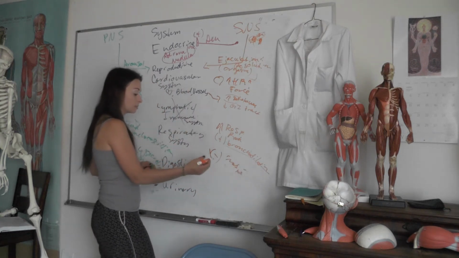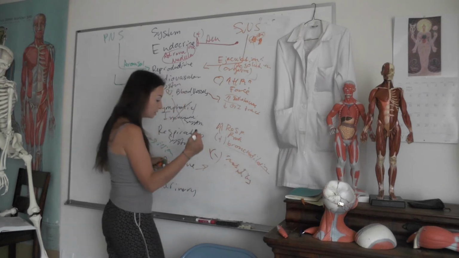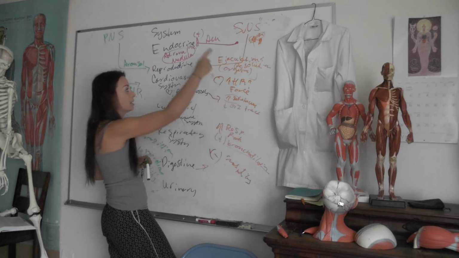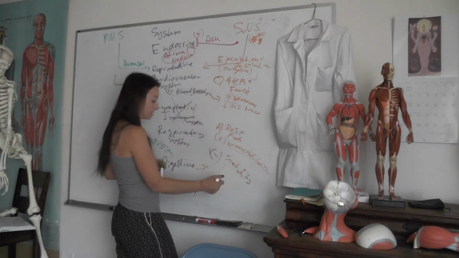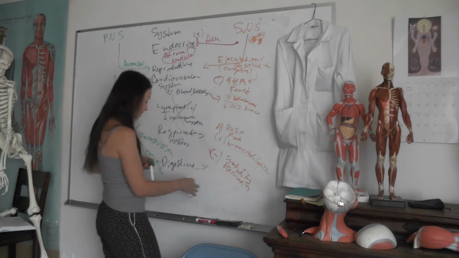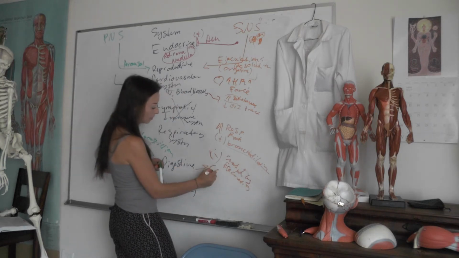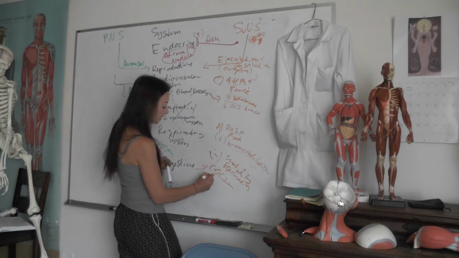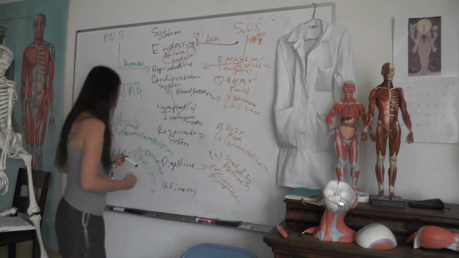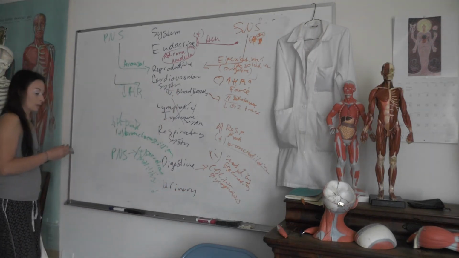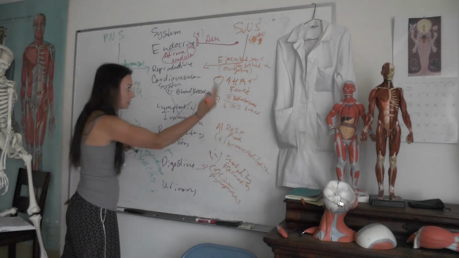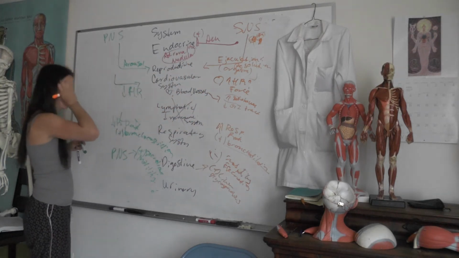Our sympathetic nervous system, though, would stimulate the liver to do glycogenolysis. So we could break down our stored glycogen and release it so that we've got glucose to fuel all of this high energy stuff that we're doing. So we could say that here at the digestive system, we would inhibit motility and secretion, but we would stimulate the liver to do glycogenolysis. That's kind of the most important stuff. We're going to shunt the blood away from the digestive organs when the sympathetic nervous system is involved.